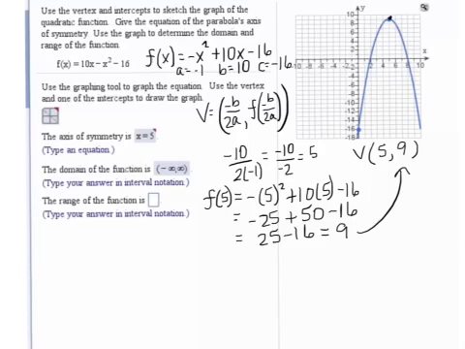Because on MyMathLab, the graphing tool lets you select the parabola. And the first thing that you graph is the vertex. But then you need some other point. So we're going to find our x-intercepts. And that's finding the zeros of your function. So if we set this equal to 0,